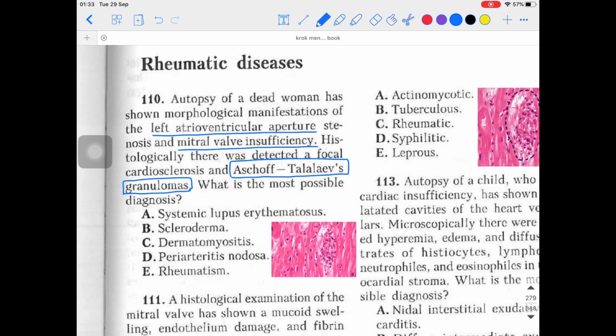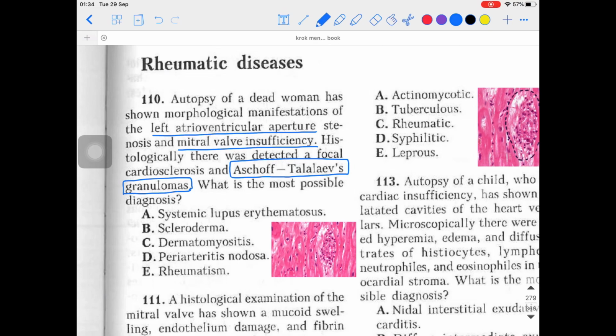These were the minor criteria of rheumatic fever, right? So in rheumatism, one of the major complications was the heart complication, in which there might be pancarditis, right? All the layers might be affected, or there can be pericarditis or myocarditis or endocarditis. One of the complications inside the heart was related to myocarditis, and inside the myocarditis, the major finding you might see is the Aschoff bodies or Aschoff granuloma. Okay, so they will be found in the rheumatic myocarditis.